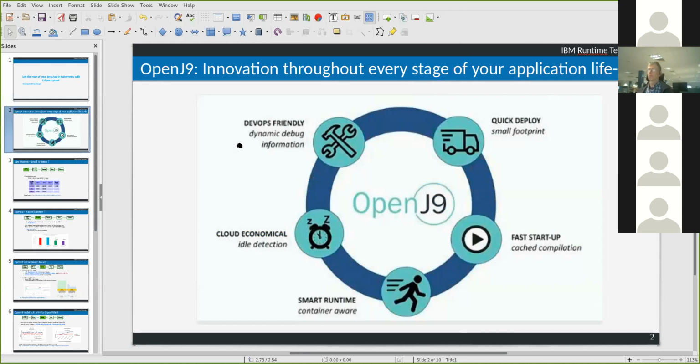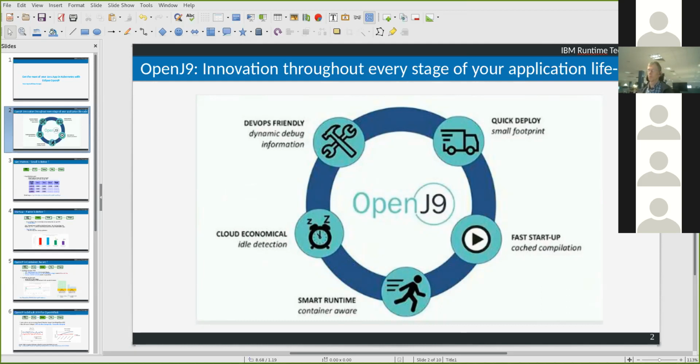So if you look at the application life cycles in the cloud, you typically start by building and packaging your application, and then deploying or provisioning it in the cloud. And then you'd have to look at how quickly your application starts up in the cloud, and what the inhibitors are over there. And does it recognize the runtime, does it recognize the environment as per the restrictions that the cloud operates in? And